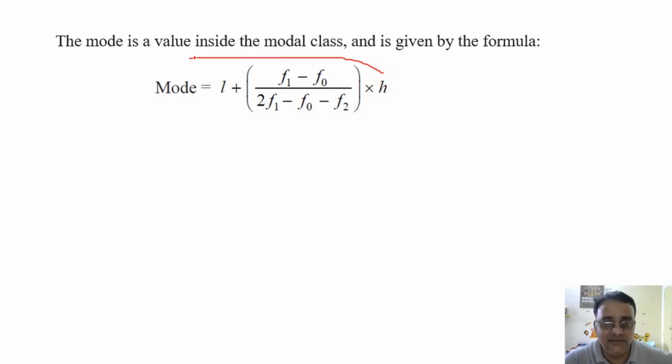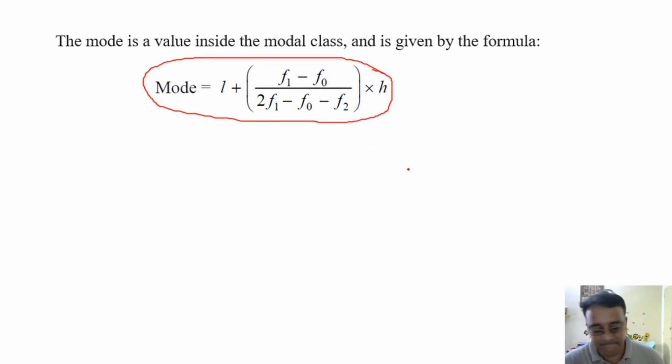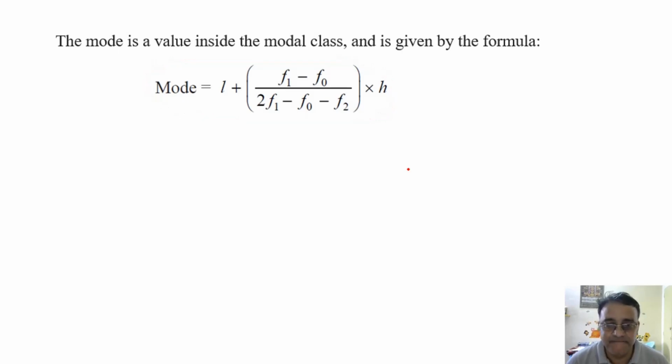Now this is a very long formula, you have to remember it, you have to practice. इसको मैं दूसरे फॉर्मूले से भी बताऊंगा जब हम लोग रिवीजन करेंगे. ठीक है, फिलहाल टेक्स्ट बुक में यही फॉर्मूला है तो हम लोग इससे कंप्लीट कर रहे हैं. So L क्या है, f1 क्या है, f0 क्या है, f2 क्या है, h क्या है, that I am going to explain one by one.